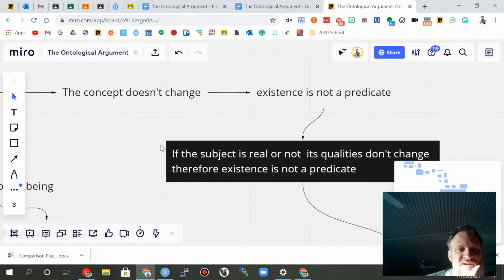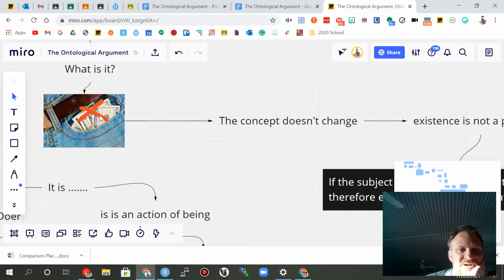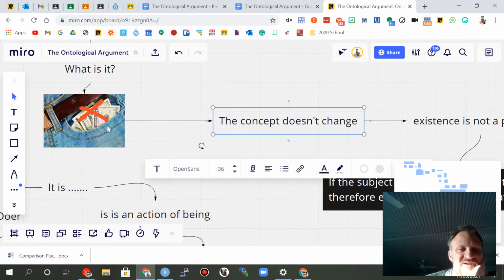But what you really need to understand is this: the concept of the $100 doesn't change if it exists or doesn't exist. Its predicate doesn't change. And therefore existence isn't a predicate, because the concept of the $100 stays the same if it exists or doesn't. So therefore,